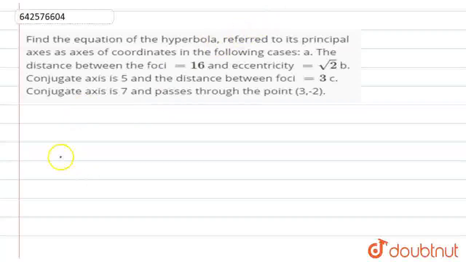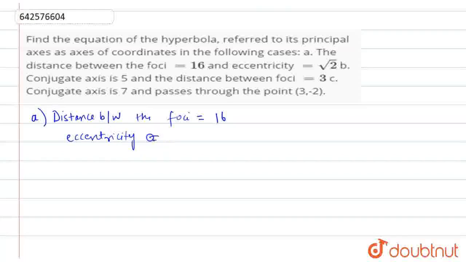as we can see, the A part is the distance between the foci is 16. So the distance between the foci is equal to 16 and eccentricity is root 2. Eccentricity is root 2. So we have to find the equation of the hyperbola with the help of these two